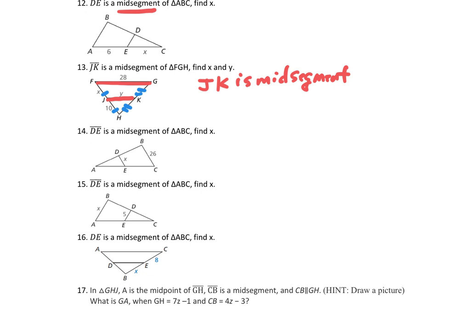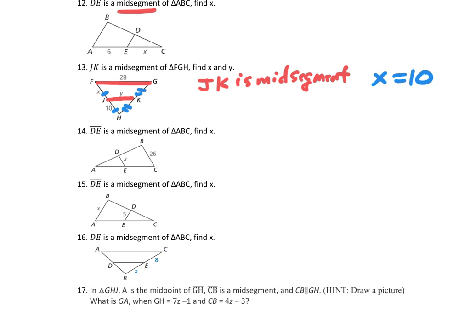And that's really an important piece here, because if JH is 10, then what's FJ got to be? 10, right? Because they're the same. And so that makes X equals 10. That's all there is to it. There's not really any work involved. It's just a matter of looking at the picture, knowing what the mid-segment is, and I know, like when we